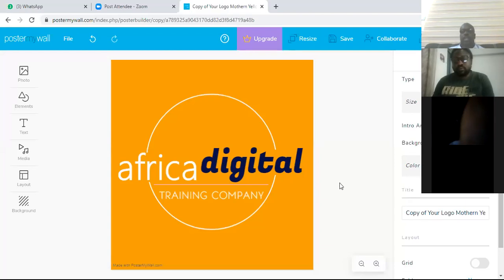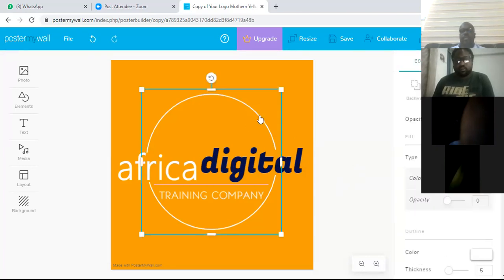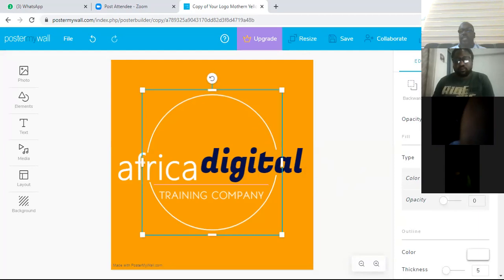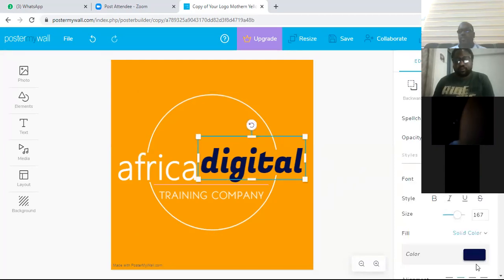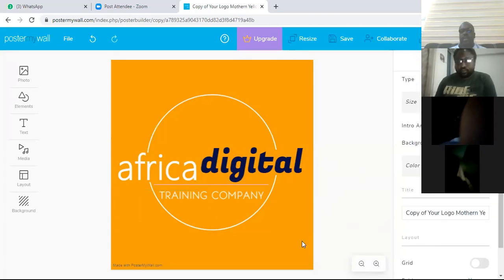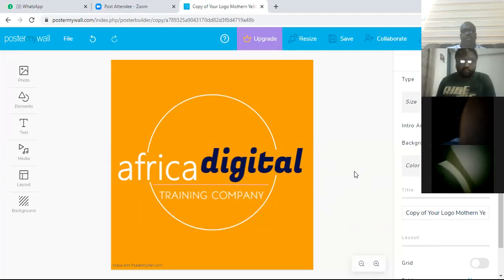Okay, so now we have our logo here. I can decide to change this background to, if you can see, there's no box inside the logo now. Now there's a box here, which means I can change this to any other color. I can change this from blue to white. I can change this white to yellow or whatever. But I've removed it, I've clicked outside the box. So there's nothing on the box. So if you come to your right,